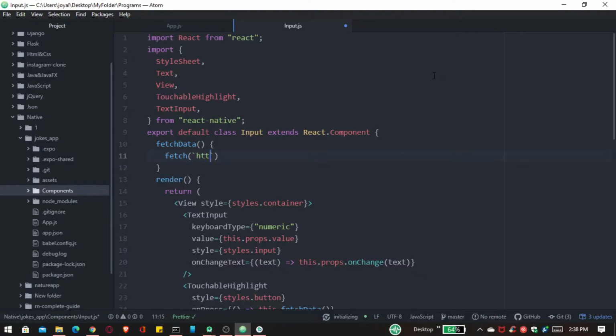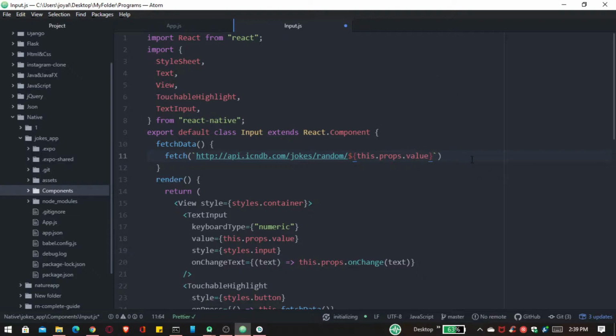So http icndb jokes random, and after that we have to put our props value, whatever the value of our input. So this.props.value,